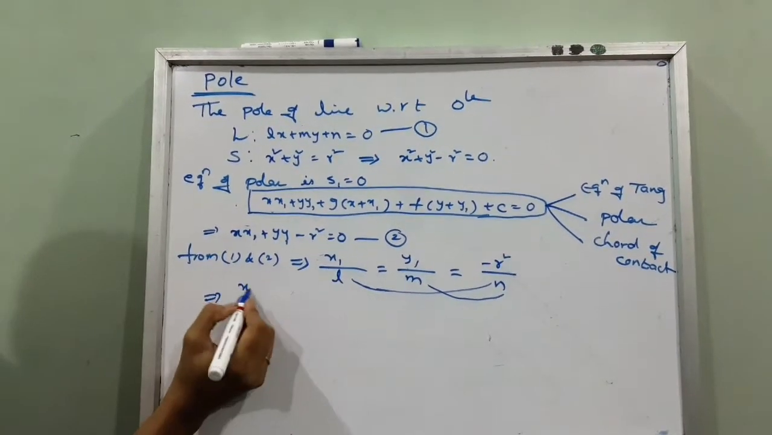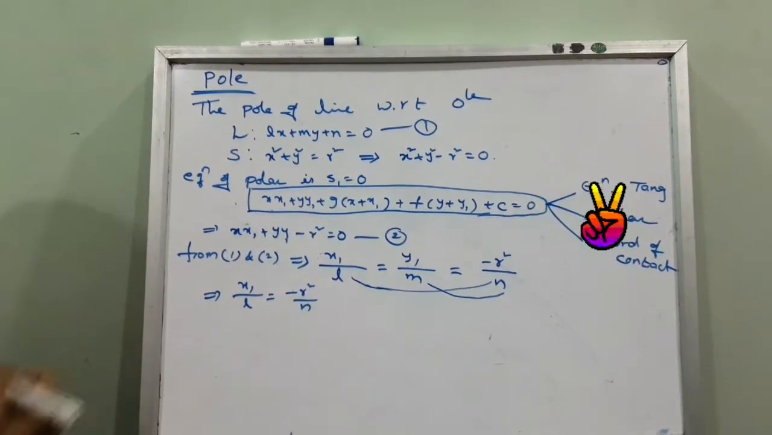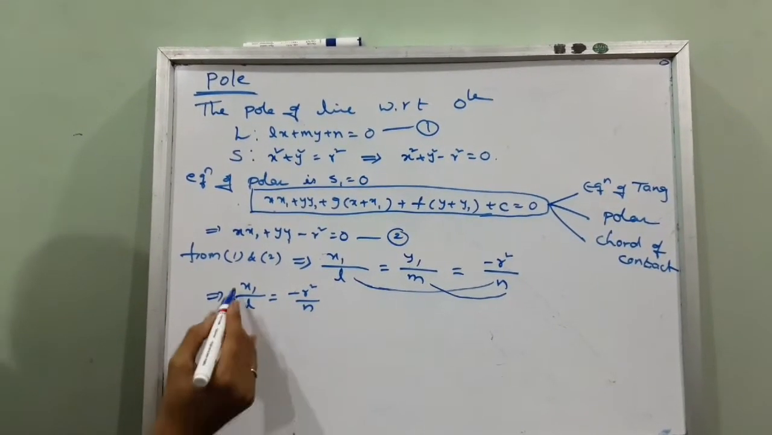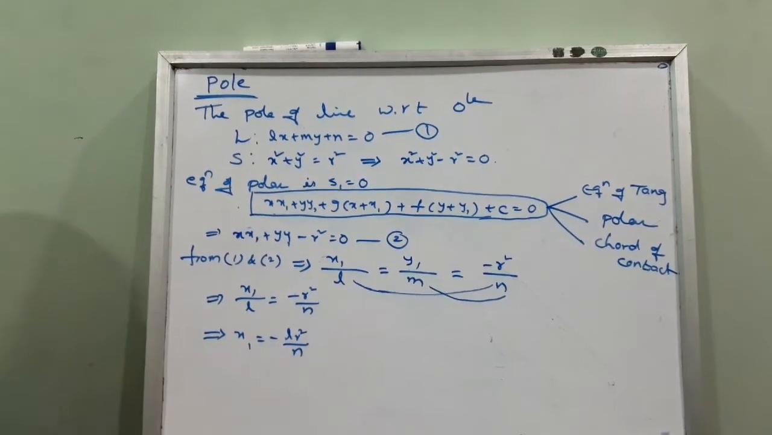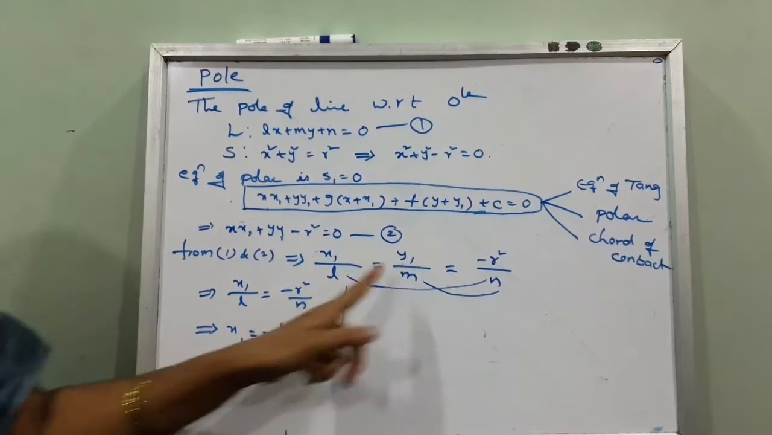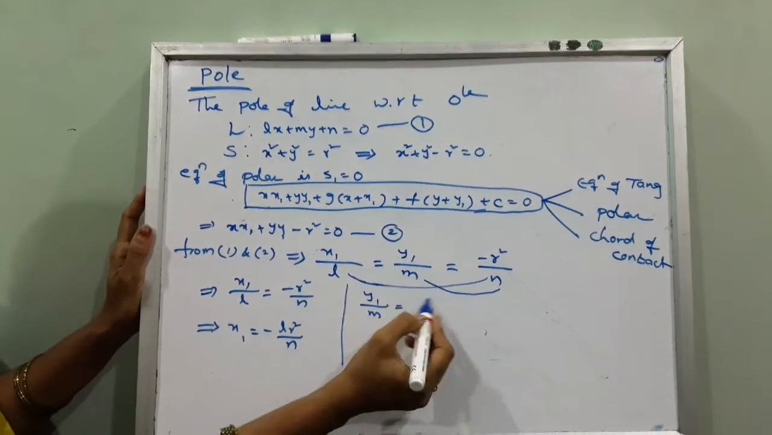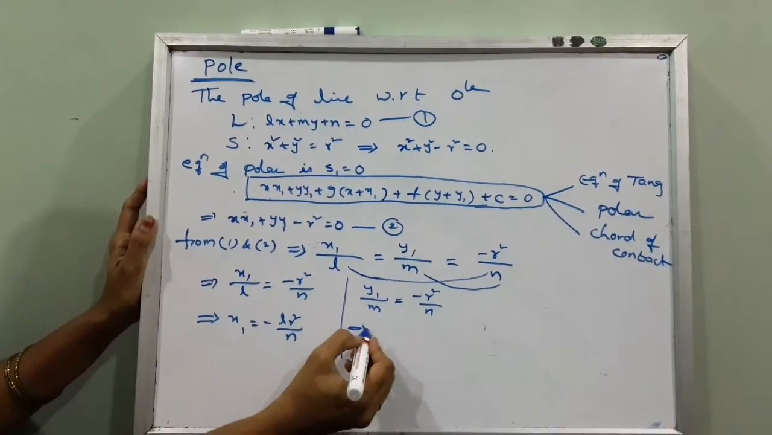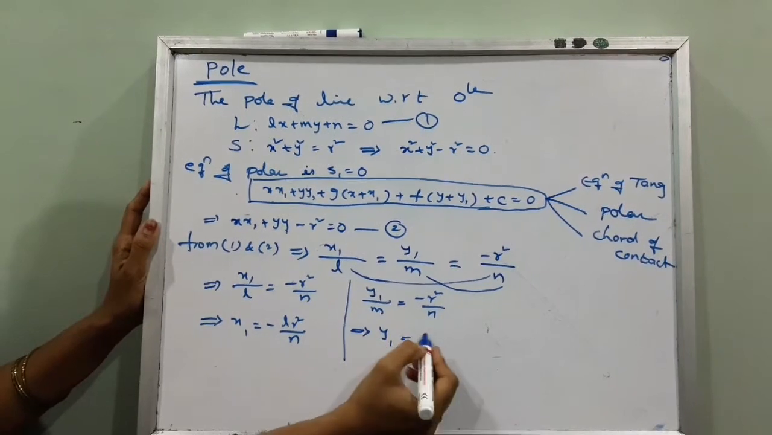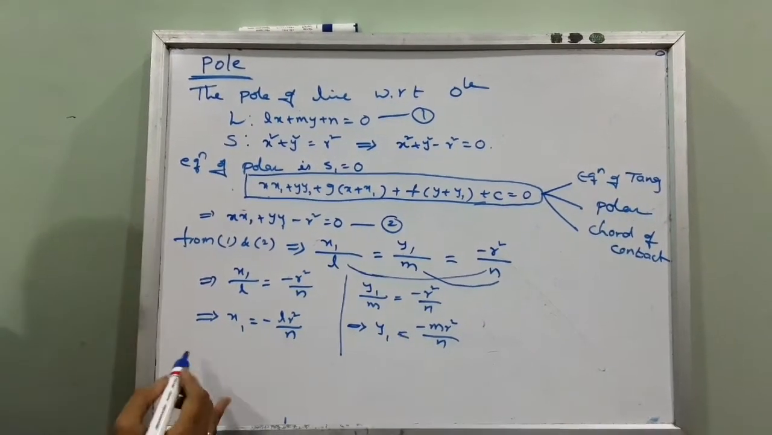This implies x1 by L is equal to minus r square by n, so x1 is equal to minus L r square by n. And y1 by m is equal to minus r square by n, so y1 is equal to minus m r square by n. Hence,